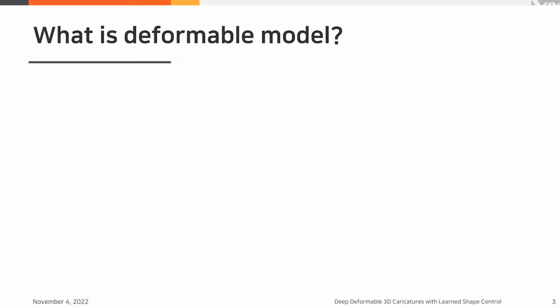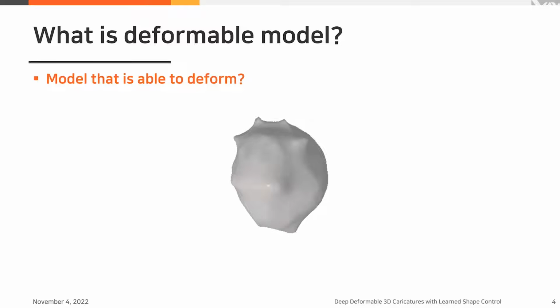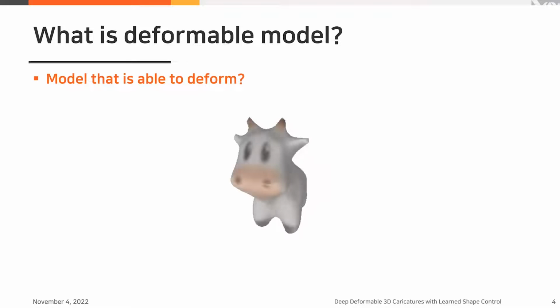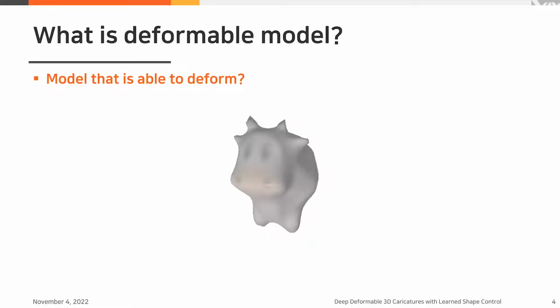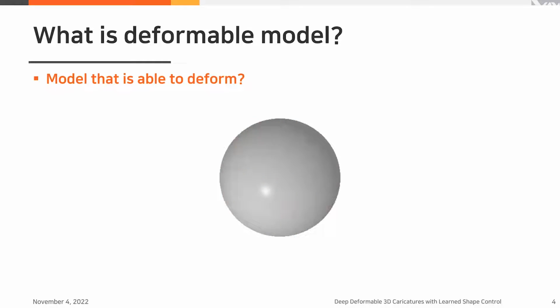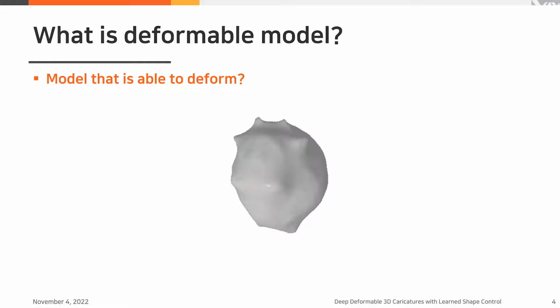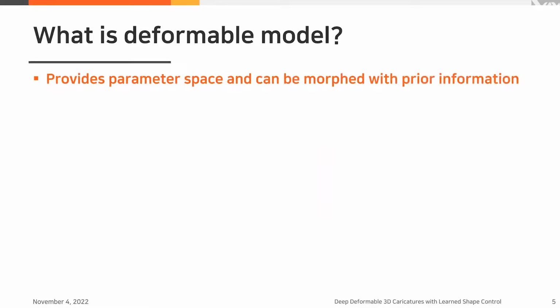So first, what is a deformable model? Do you guys have any guess? Maybe you can think of it literally as some kind of a model that deforms into a certain shape. That is kind of right, but not precisely correct for this term. A deformable model provides a parameter space that can move the shape of the model